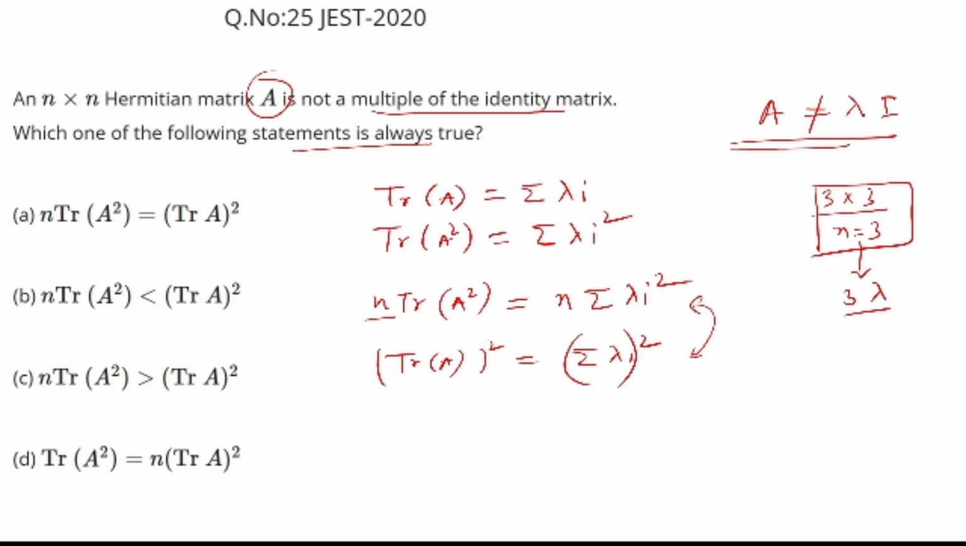So in case all lambdas are the same, that means the Hermitian matrix is a multiple of the identity matrix, for that case we can easily say that n times trace of A squared is nothing but the trace of A whole squared, because if it is an n by n matrix, then there will be n lambdas, so addition of n lambdas with the same eigenvalues always gives n lambda for the same lambda. So n lambda, if we take the square, gives n squared lambda squared, and from here